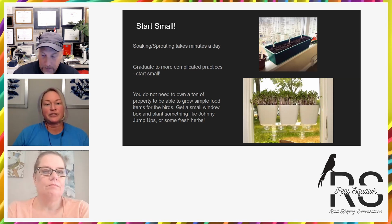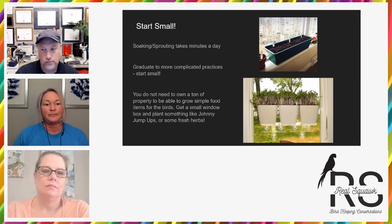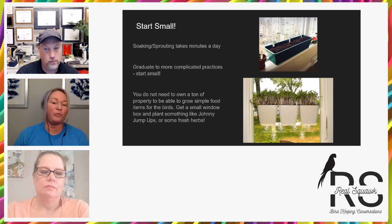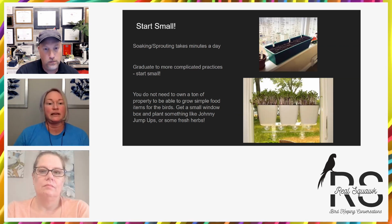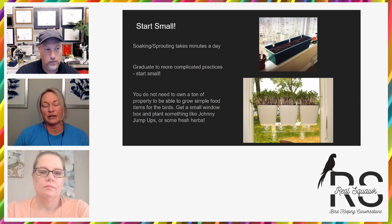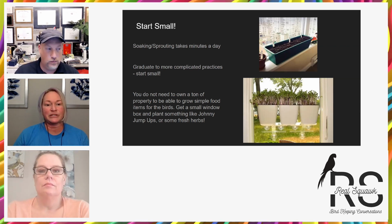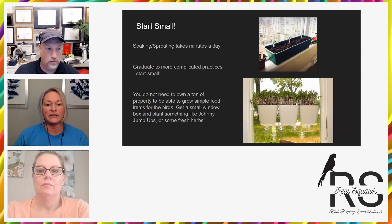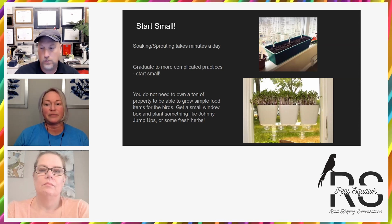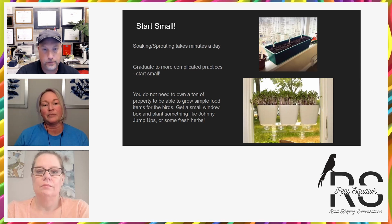So, and the other thing too is to just start small. I mean, maybe you only start soaking tree nuts here and there, or maybe you only do a soaked seed and just add that to a little dish and try offering that to your birds every day. But I think for me, there's an element of it that's fun for me too. So it's fun for me to see something new that's seasonal that I can add in, and I'm experimenting